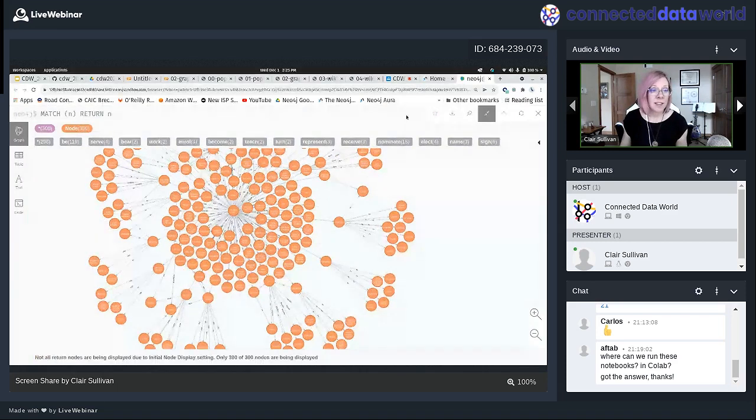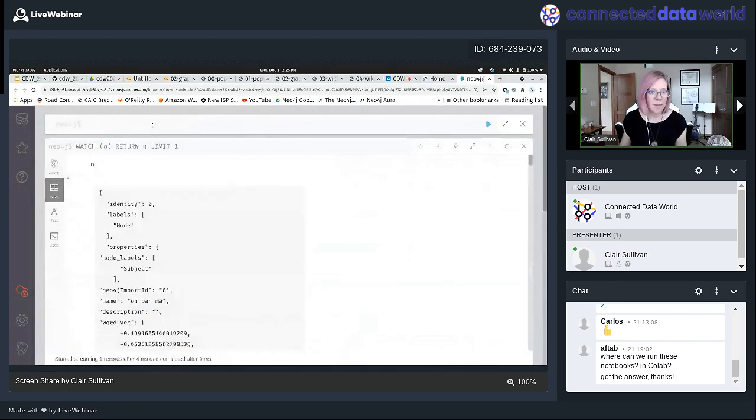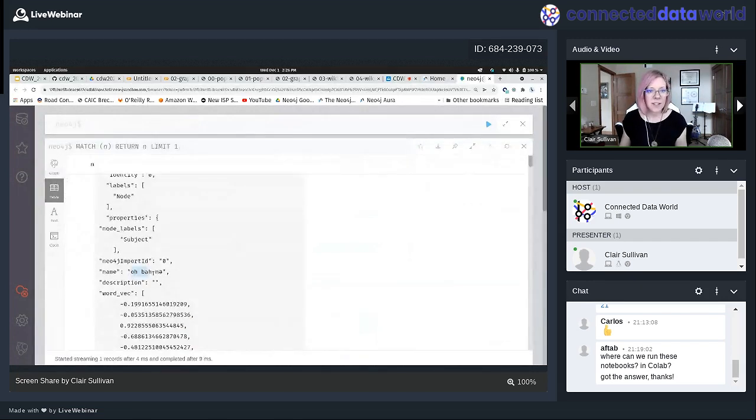Okay, now let's say if I click on the table button here on the left, no, that's probably a bad idea. Let me just match node, return that variable n, and I'm just going to limit it to 1 just so we can look at it. Okay, so here my node is that phonetic spelling of Obama. I don't have a description.